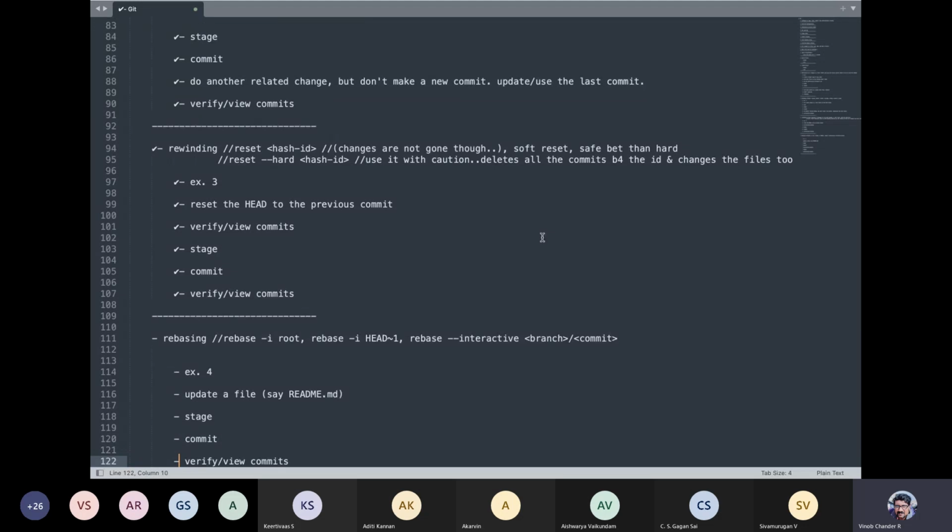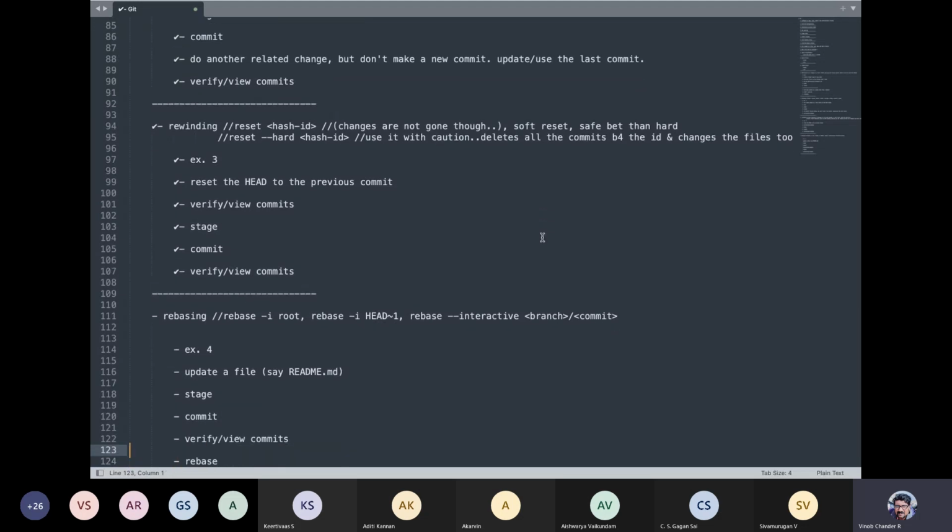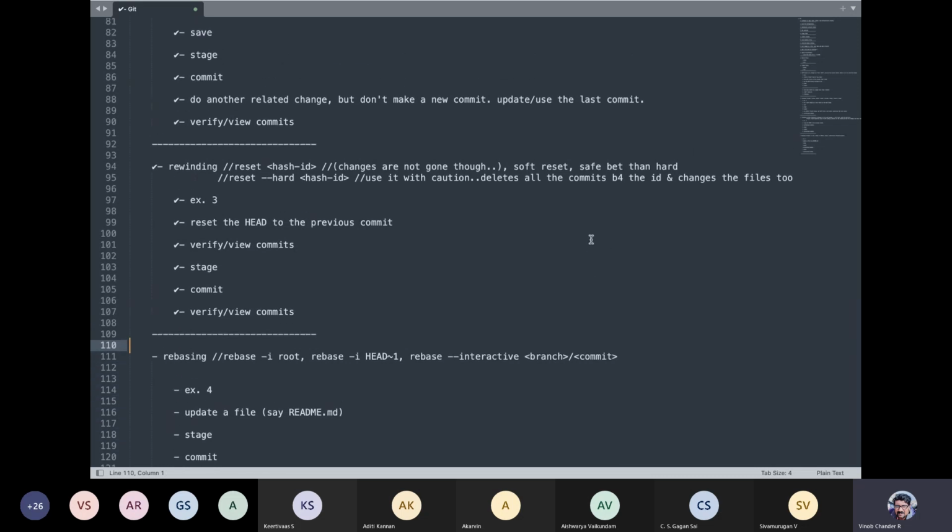So let us do a rebasing. Rebasing is also a very important command that we can make use of typically on branching. Since we have not done a particular branch, we'll talk about branches tomorrow. But again, you can rebase so that you base your particular thing, right, or you have your particular head pointer on a particular commit, right, or you can actually take a particular base, right, from one commit to another commit. So that is called as rebasing.